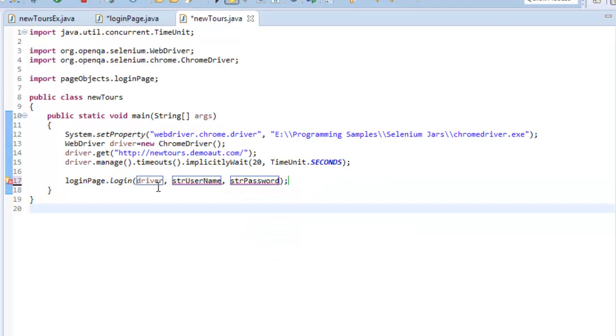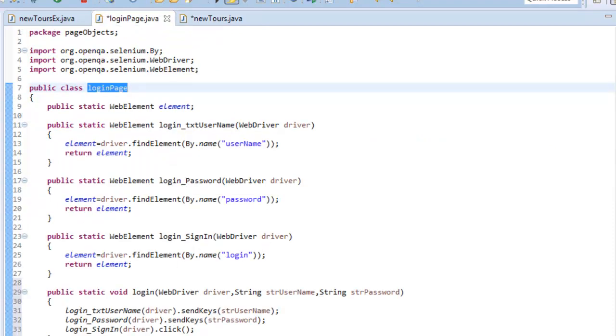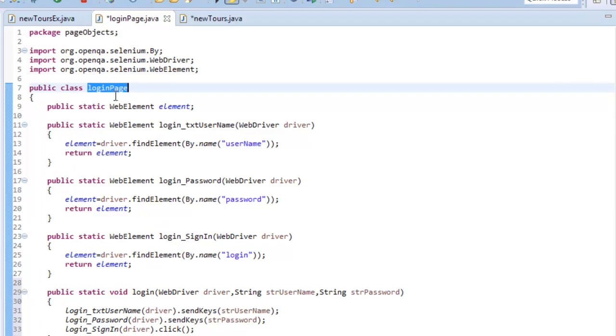What I am doing here is passing the driver and the username and password, with the name, and the password is blah blah blah. I'm just invoking the method, which is the common operation I have specified in my class.